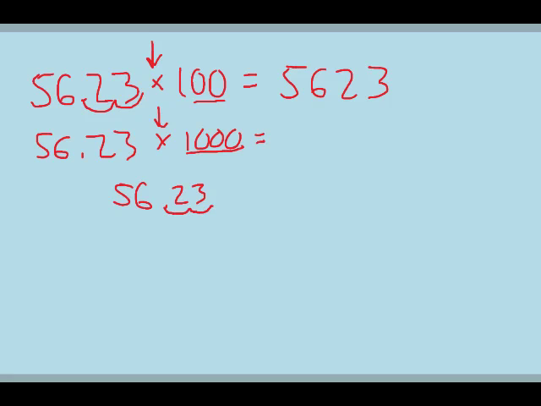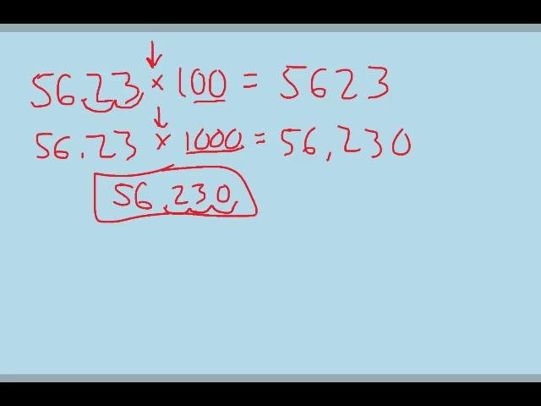Whoop, whoop, whoop. Now, if I ever am shifting and I end up with a blank spot like this, some of you probably already guessed I have to add a 0 there. So this one would turn out to be 56,230 because I shifted it 3 places and I ended up with that. Let's just try one more with multiplication. So let's say I have 0.2754, doesn't really matter, times 10. I'm multiplying, so it's going to go to the right. I have 10, so it's only going to shift once because of the 1 zero, which means it would go whoop, and my final answer would be